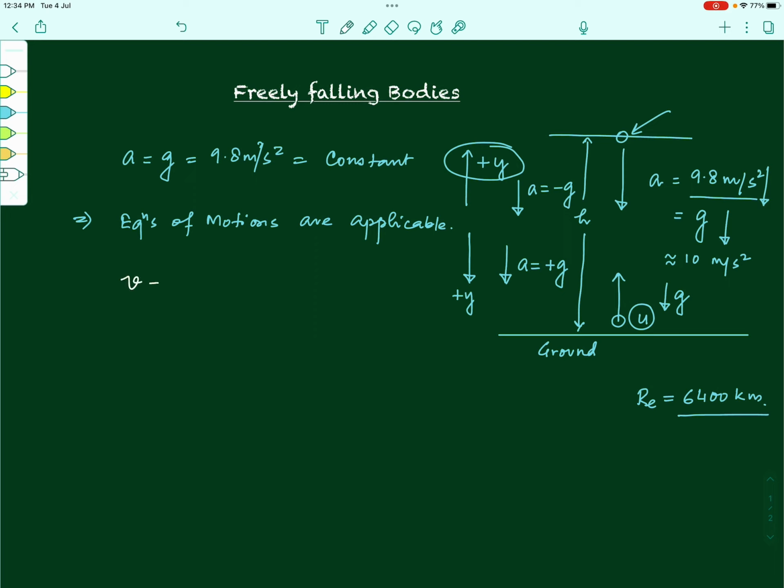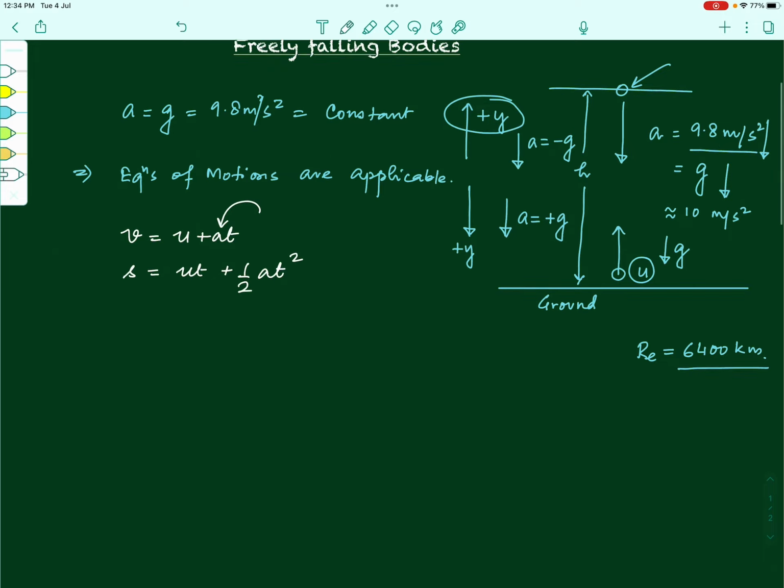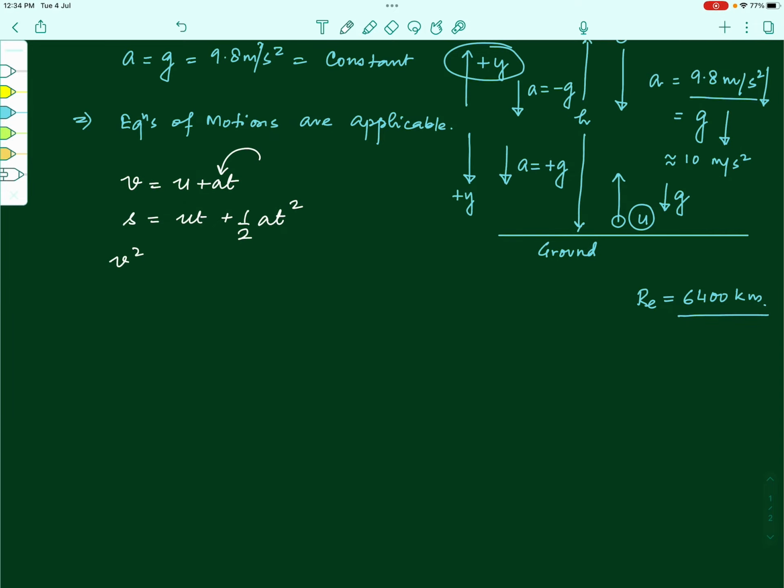v is equal to u plus at, the first equation of motion. a will be replaced by g with a positive g if we take the downward direction positive, and with a negative g if we take the upward direction positive, isn't it? s is equal to ut plus half at squared. Here also you can put a is equal to g with a plus sign if you take downward direction positive, and with a minus sign if you take upward direction positive, and exactly the same thing in the third equation also,